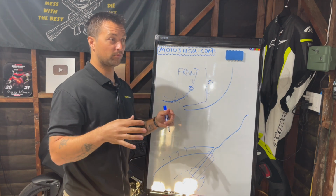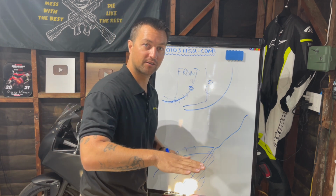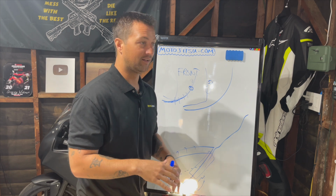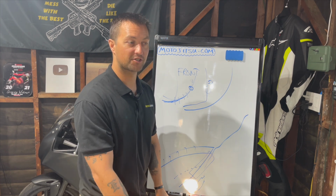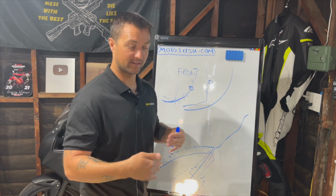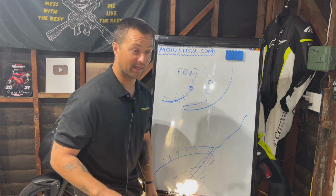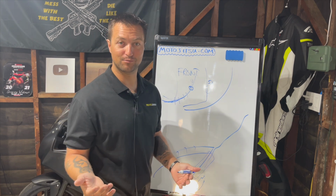If you're coming to a normal stop at a stop sign, you can use the rear brake only, just keep increasing pressure on the rear brake for a normal, easy stop. That's perfectly fine. It's not going to skid the tire unless you push way too much pressure or way too fast, or the ABS isn't just going to engage. It won't come into play coming to a stop like normal, unless you have a heavy foot and keep on stomping, which is a good indication you need to practice way more braking,